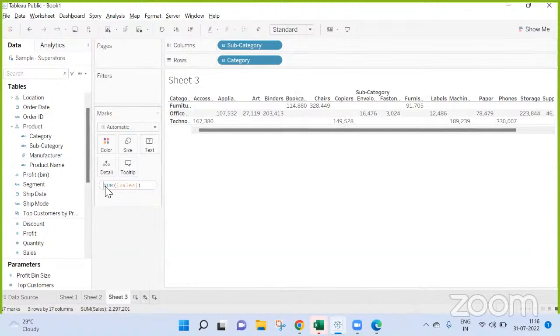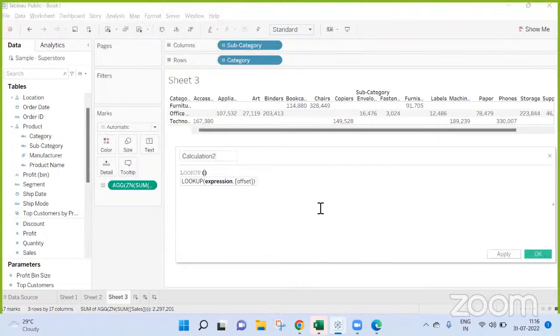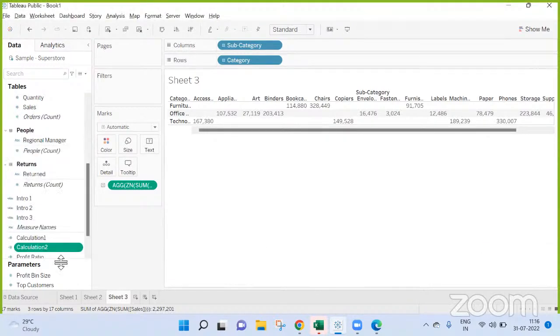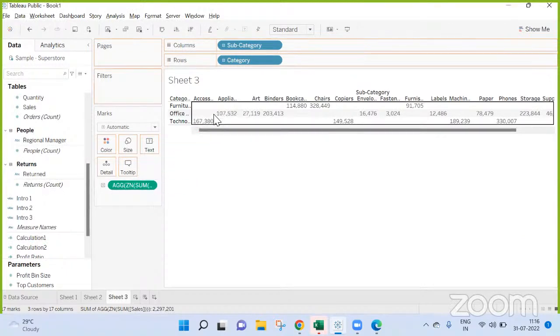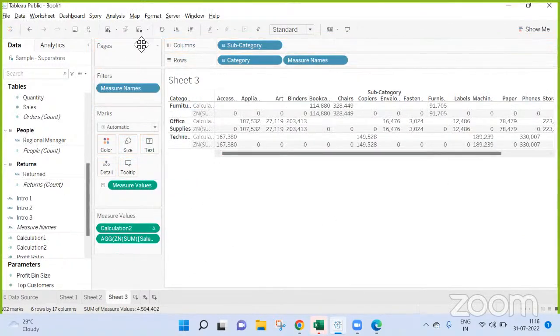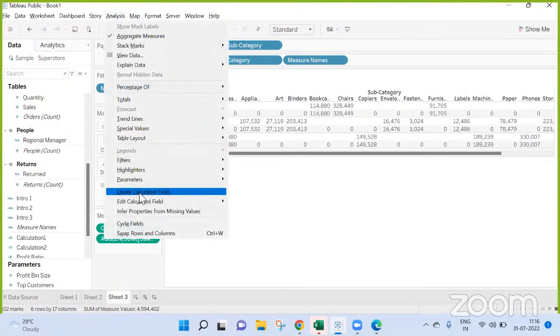Even if you use ZN, these will not be resolved. So that is the place where one thing we use is lookup of sum of sales comma 0. This is one we use, which will give you zeros in all the places. Else I think even this should work.